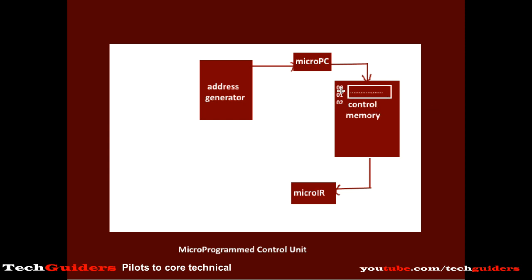For example, suppose our instruction fetch routine is over. It is identified that the instruction requires the calculation of the effective address of the operand, and assume the routine for effective address calculation is at some other location, 200. So from this last microinstruction, we need a branch or jump to this microroutine. So incrementing the microprogram counter alone will never work.